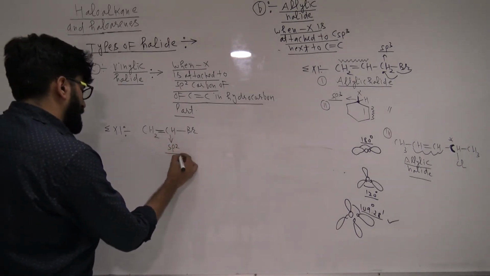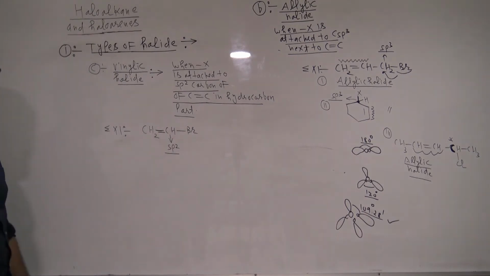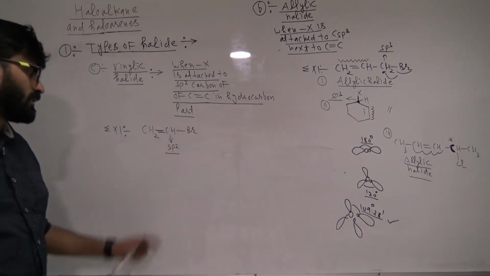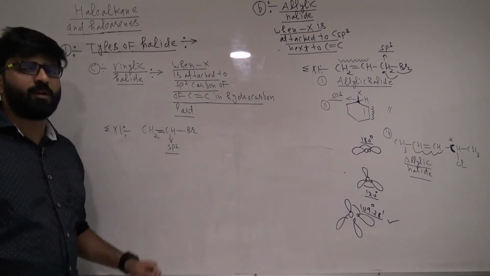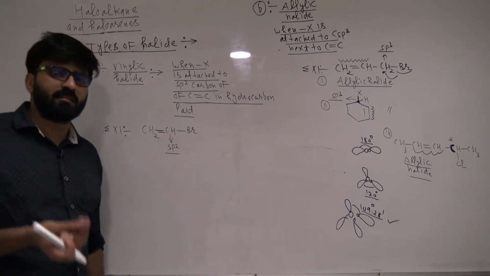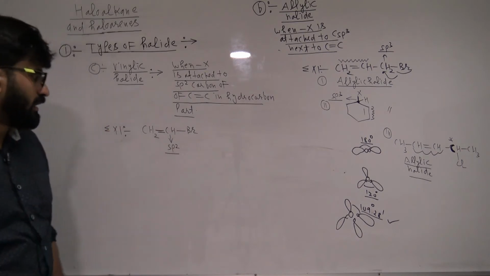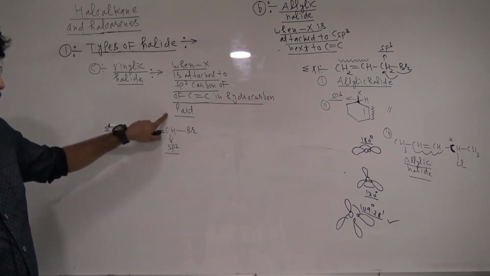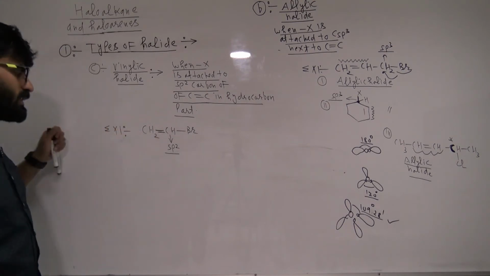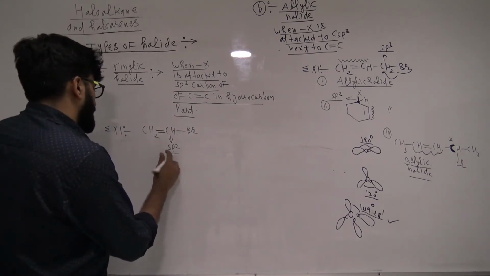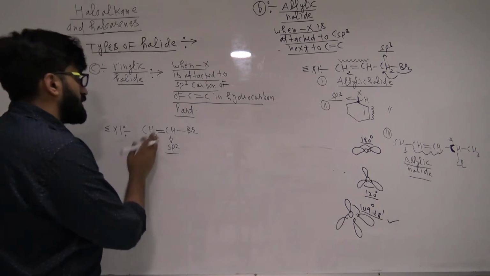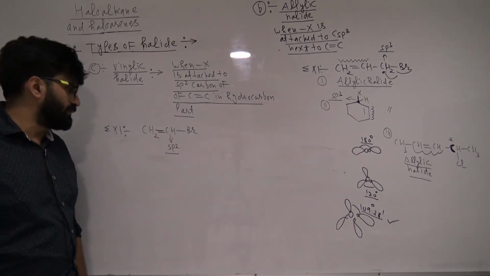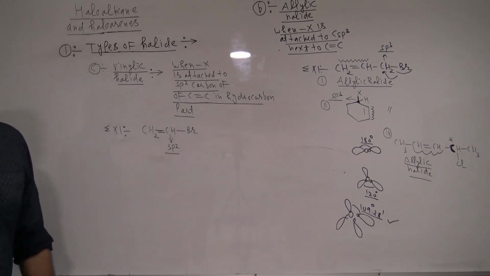So I think everyone can calculate hybridization now. You count sigma bonds. How many sigma bonds is the carbon making? This carbon is making one double bond. In one double bond, one is a sigma and one is pi. Another bond it is making with bromine, and another with hydrogen. So the total sigma bonds will be 3, and there will be no lone pair since all the valency of carbon is satisfied. So its hybridization will be sp2.